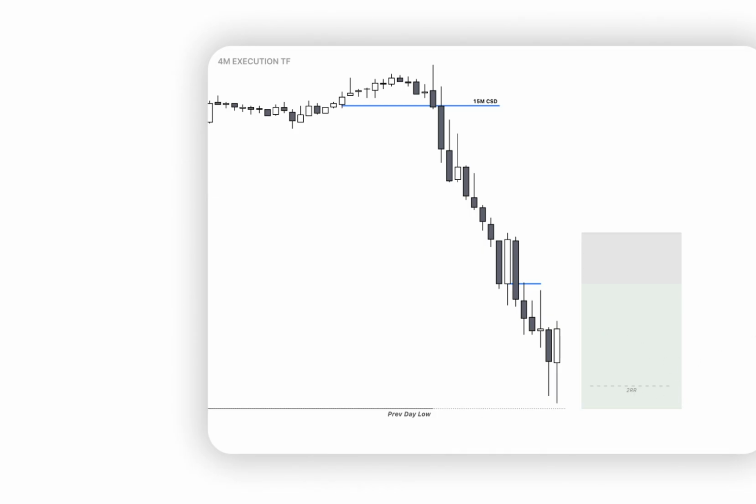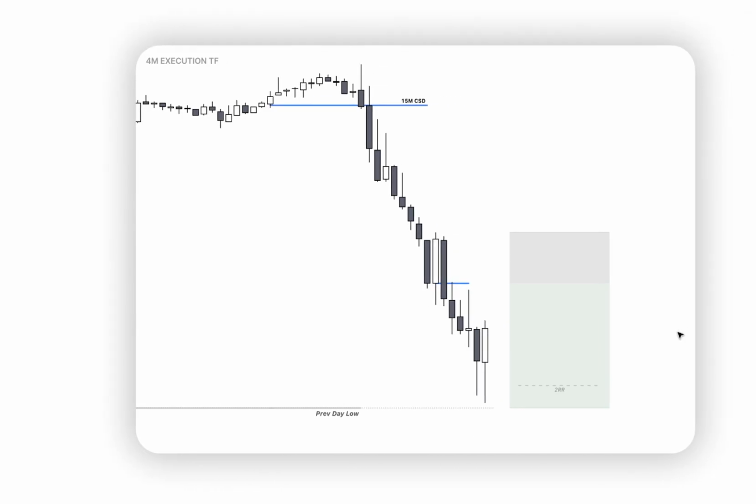But since today I didn't take a trade, that means I didn't take this trade. I didn't take this trade today, but this is how I would have done it if I would have taken it. Alrighty? And that's basically it. Remember, liquidity, CSD, continuation entry. That's all you need, literally.